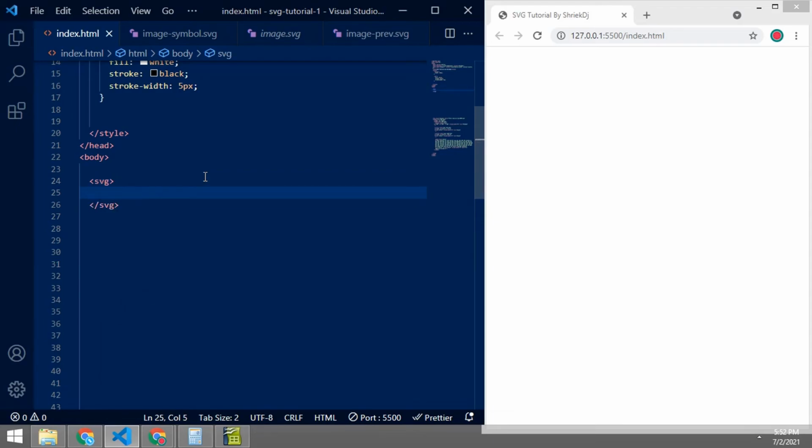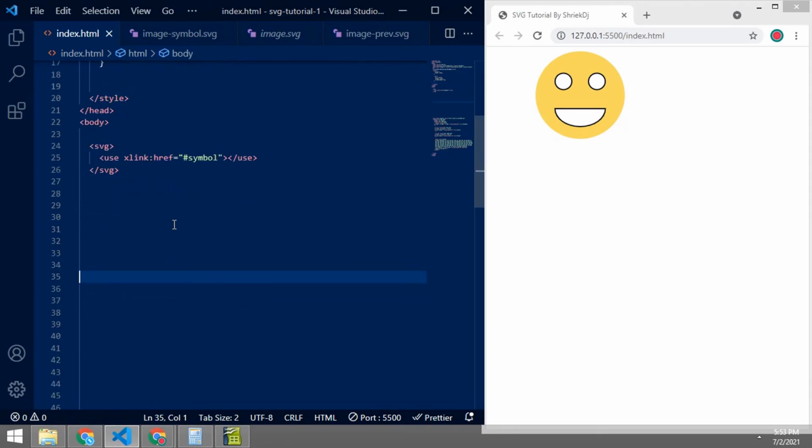Okay, let's create a normal svg and create a use tag. See, use tag is created. After that, we can add an href, but as of now, for supporting the Mac browsers also, we have to use xlink colon href. Okay, then our hashtag symbol.